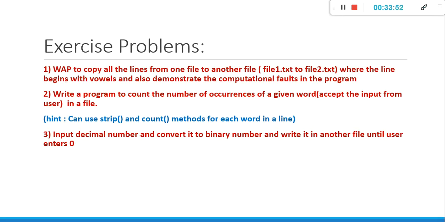It is very important for you to solve these problems. The first one is to copy all the lines from one file to another file, where the line begins with a vowel, and also demonstrate the exceptions. The exception demonstration can be done by using try and except.